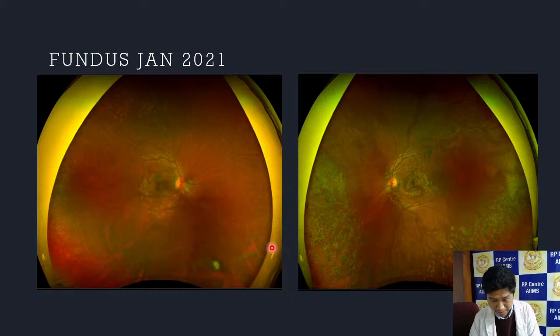Okay, just a minute again. So, looking at those capillary non-perfusion areas and the early neovascularization, scatter laser was performed in both the eyes, more in the left eye. Now, if you go back to what he said, the patient has come back after almost 1.5 to 2 years with again complaints in the right eye. If you see the right eye photograph alone, probably you'll say there is no media haze. But if you compare the photographs, I think there is a definite slight difference in sharpness of the right eye photograph. So maybe a little mild haze, but not too much. Grossly, if you see these photographs, you might just conclude that nothing is happening, everything is normal. Okay, go ahead.